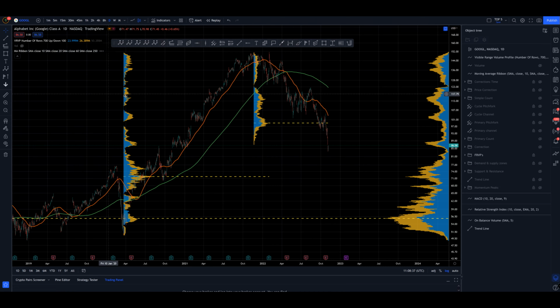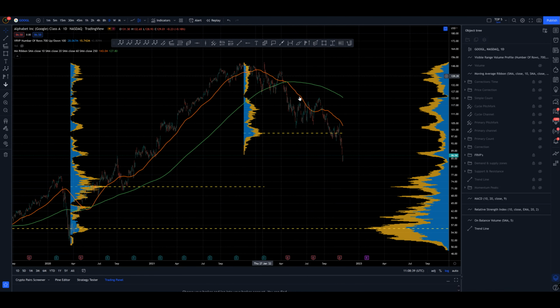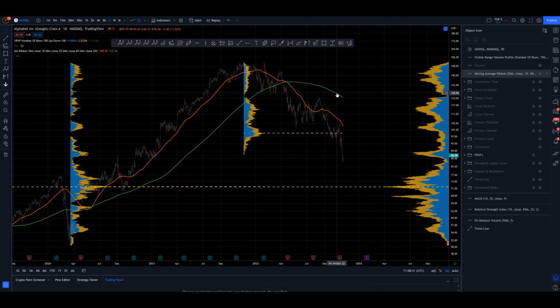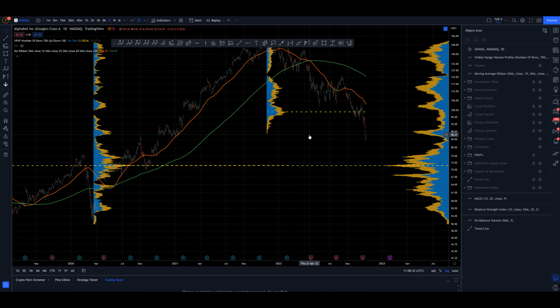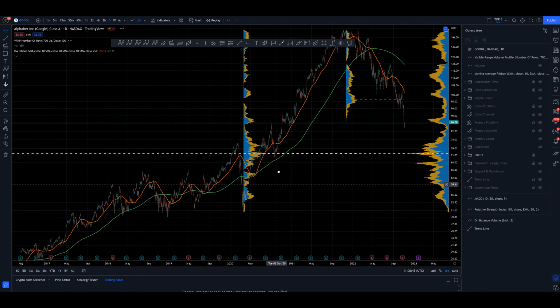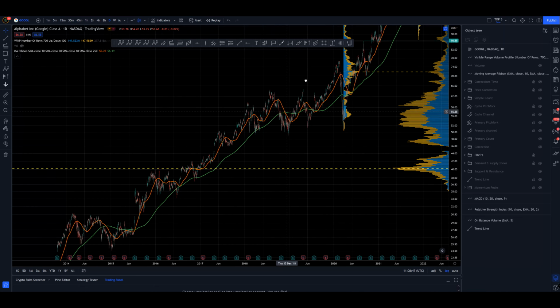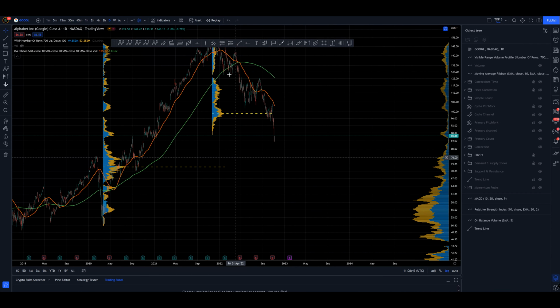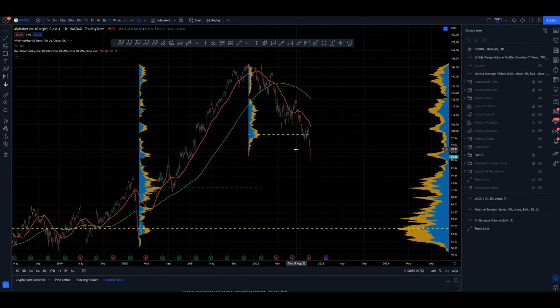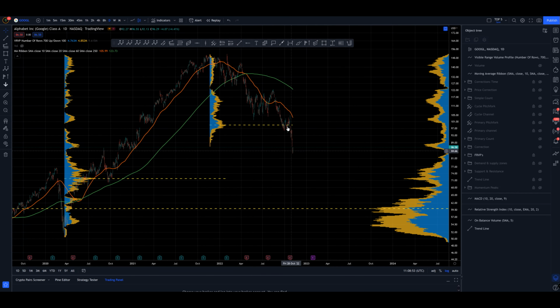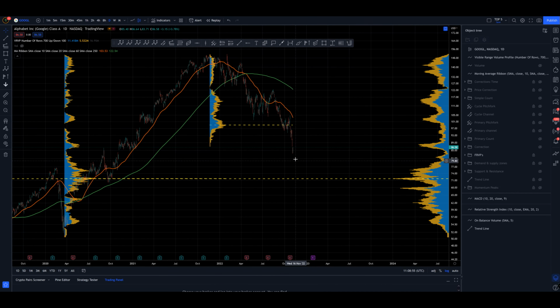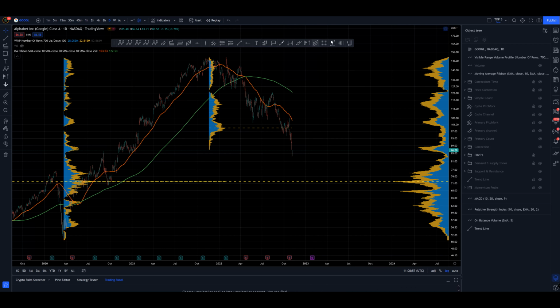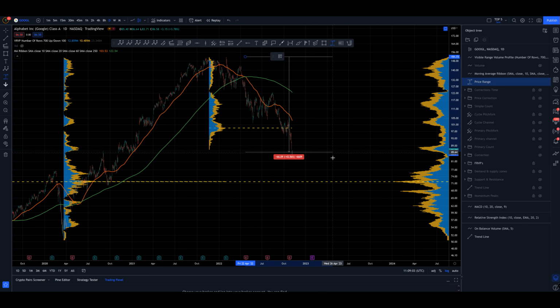Daily time frame, we can see that we're well below the 60 and the 250 exponential moving average. We haven't had such a nasty crossover on the daily time frame for a very long time. This is why I suspect this is a larger wave degree correction. It is getting very overdone now. It does feel like it's getting quite overdone. I'm not saying that, obviously, if I'm expecting deeper lows to come in the future, I'm not saying we can't go lower on long term, but